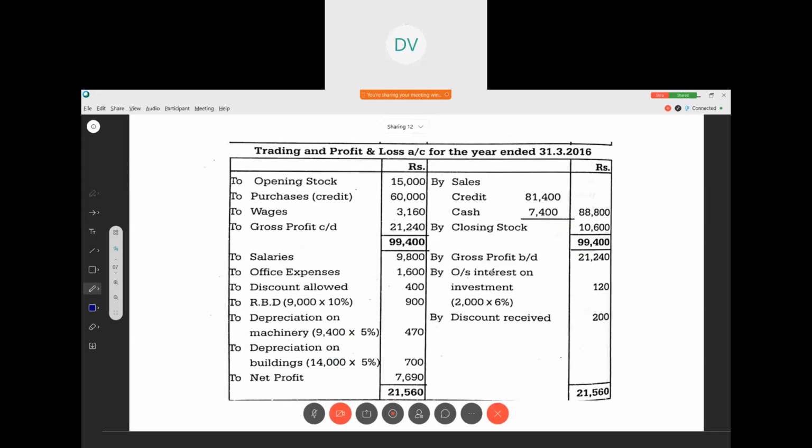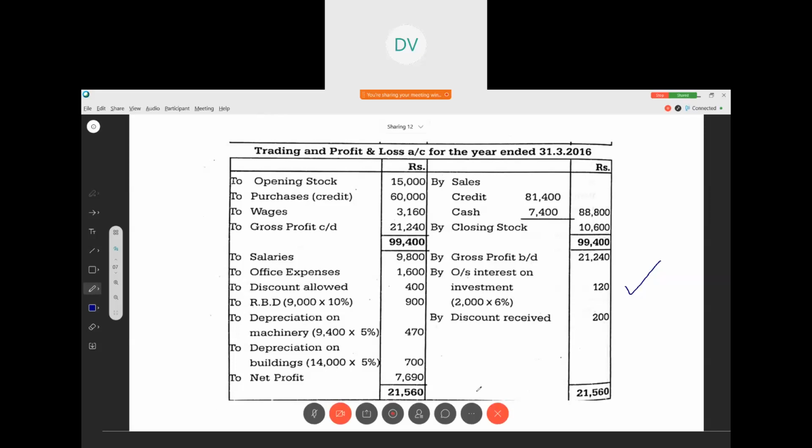So on the credit side, I told you, outstanding interest, whether they have given or they haven't given, it doesn't matter, we have to write. If they have given, we can write interest on investment. If they haven't given, we have to write outstanding. So outstanding only we have to write here. But whether that interest should be debited or credited, again a question mark. If the interest is on an asset, then it should be credited because it is gain, income. If the interest is on a liability, that is interest on loan, that should be debited because this is the expenses side, the debit side. All the expenses should be written.